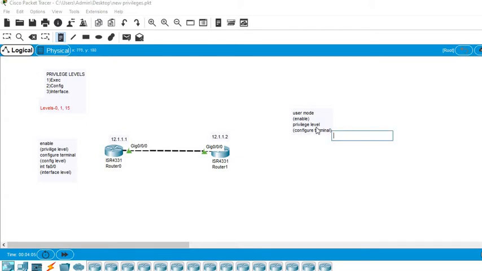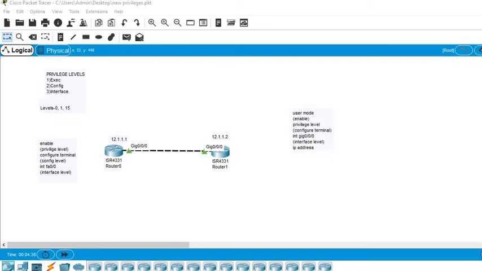When you enter the configure terminal mode and type interface gigabit, or any of the interfaces that you have, that comes under the configure level. Once you have entered interface gigabit, it is your interface level. After that you will type, for example, the IP address command.